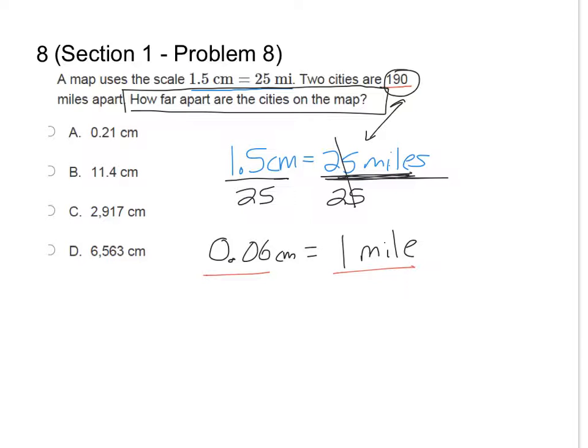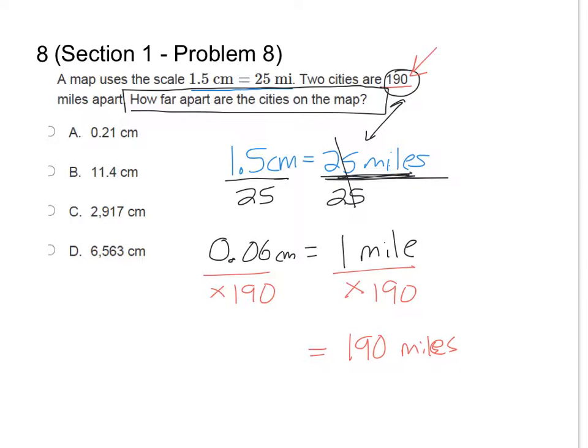But once again, the question says the two cities are 190 miles apart. So I don't want just 1 mile. I need to multiply by 190 because that gives me how many 190 miles are. So if I do it on one side, I have to do it on the other side as well. So we're going to multiply by 190. So on the right hand side, 1 times 190 is equal to 190. So we have 190 miles